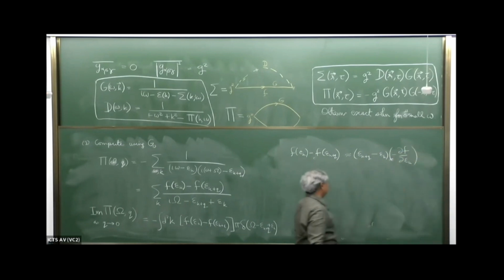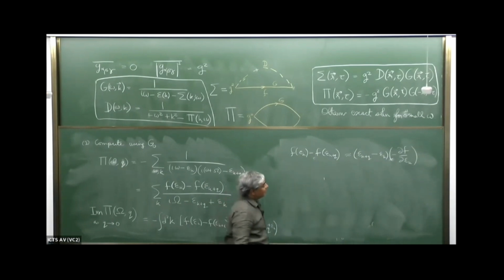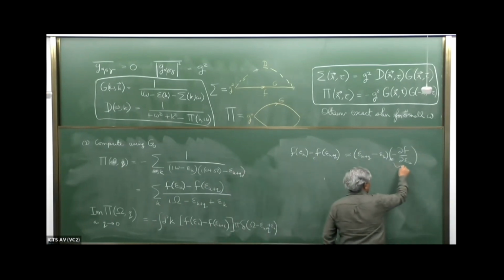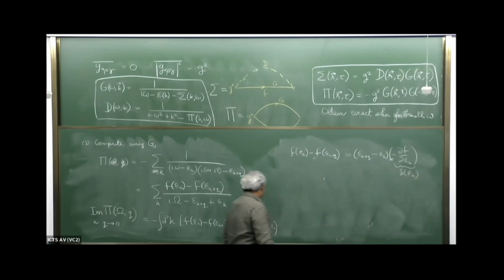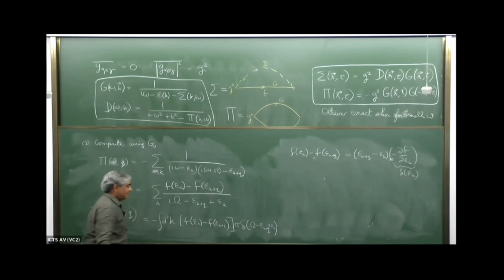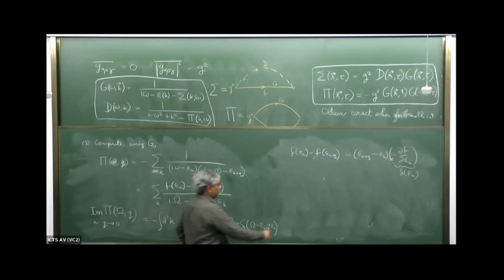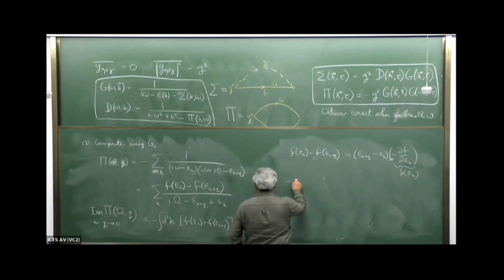That's just the derivative expansion. And this at low temperature, we know is a delta function. Okay, so I put that delta, so I have a very simple integral, which is just the product of two delta functions, minus pi